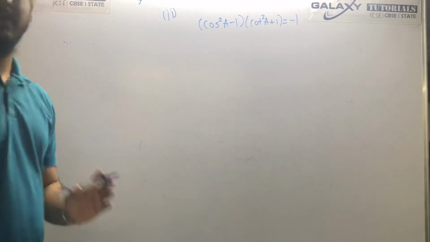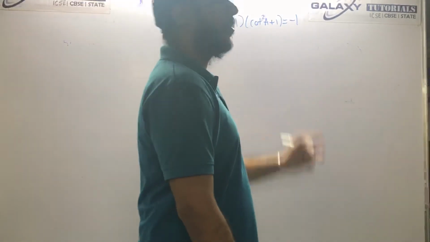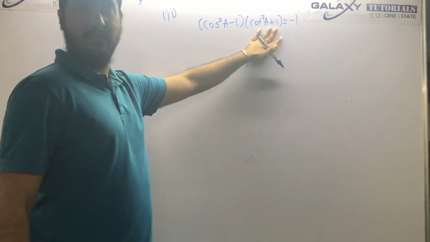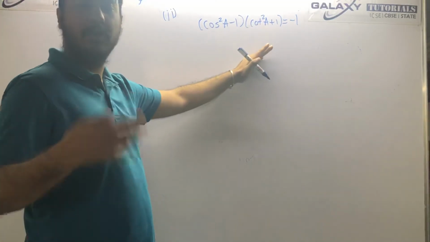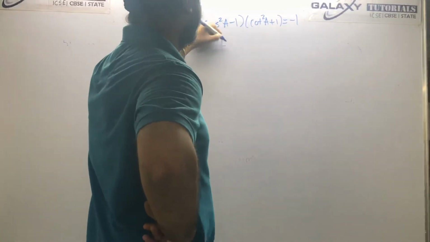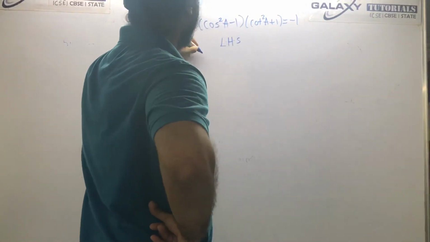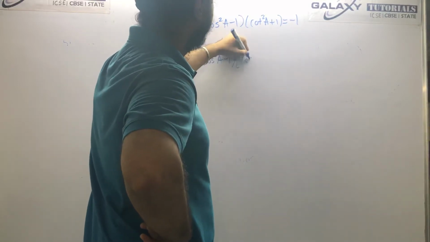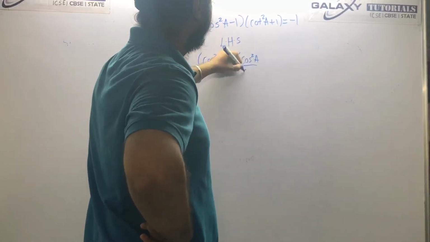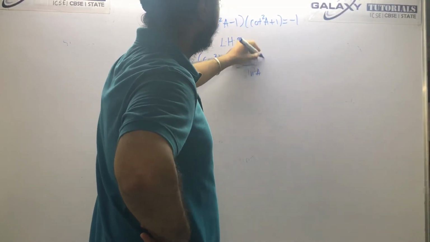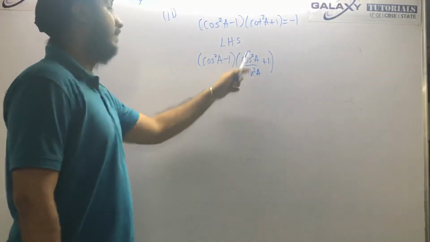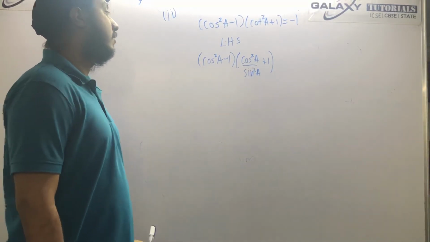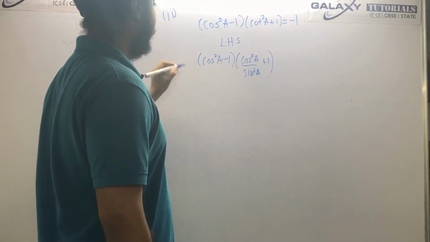So now you have to proceed from one side, that is up to you. Now in this side, right hand side, it is already minus 1. It is the simplest form that can exist. You cannot make it any more simpler. But this one you can simplify, right? You can make this into cos upon sine and you can do something. So I will start with the left hand side. I just simplified cot into cos and sine form. Okay, now what I can do here is, first of all, you can take the LCM.